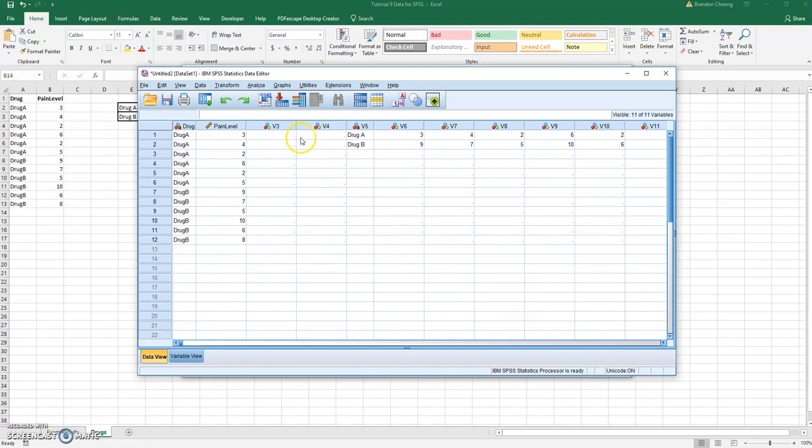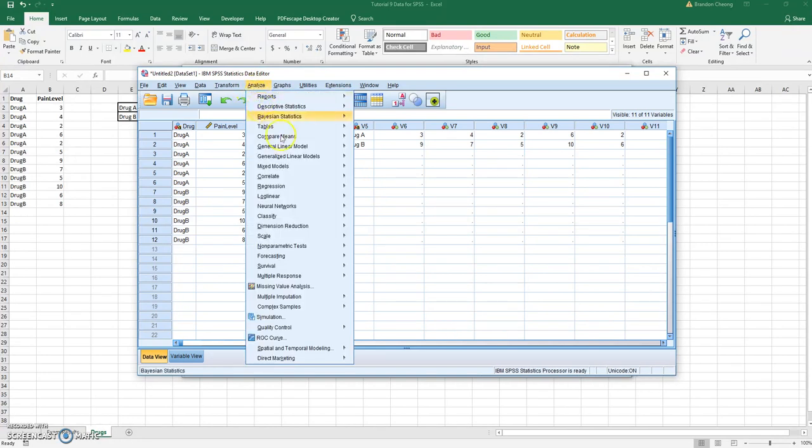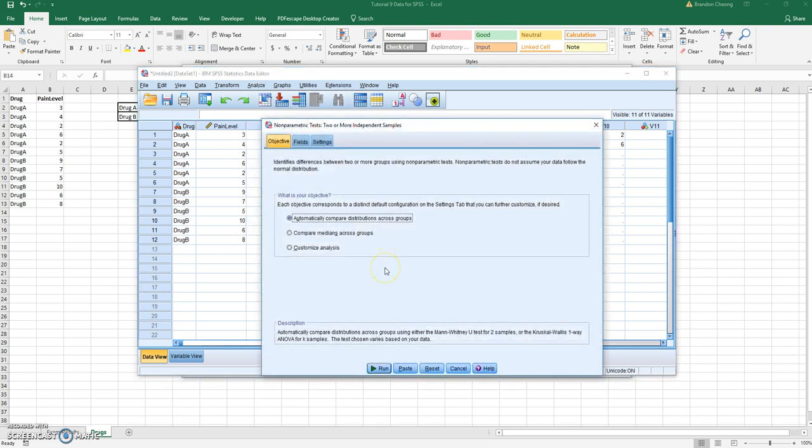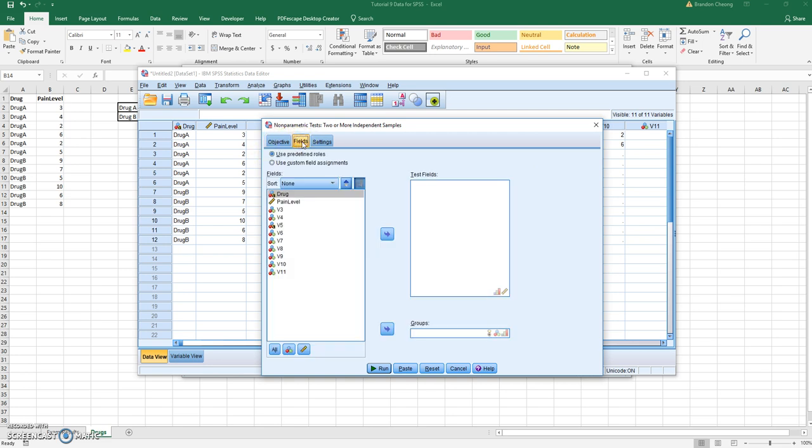Now what we need to do is go to Analyze, go to non-parametric tests and then independent samples. Here we are going to do a non-parametric test and we're going to customize the analysis. So we're going to click this and we're on the objective tab, and then we're going to move over to the fields tab, and here our test fields, we're going to use custom field assignments. Our test fields are going to be the pain level, and our treatment group is going to be drug,